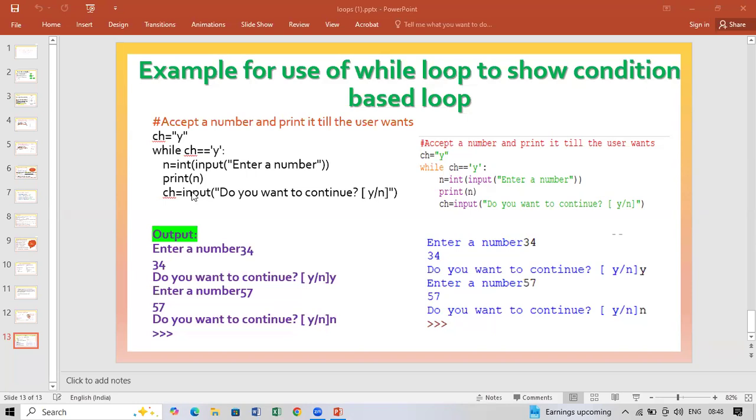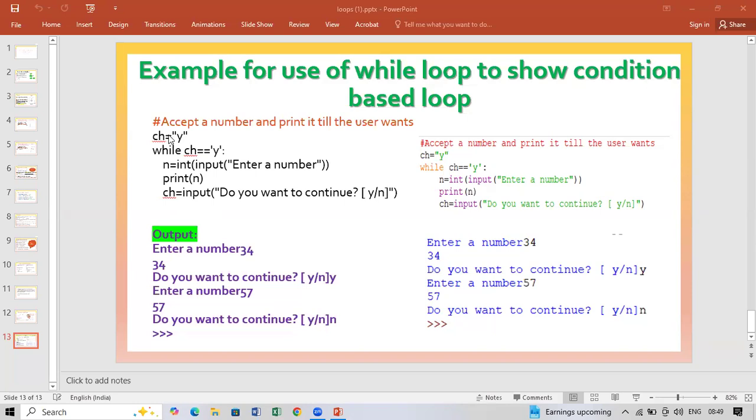Now, in this case, I have implemented this particular thing in a particular manner. There's one more mechanism which I'll show you separately as an implementation of while, which is very much used when we talk about मेन्यू बेस्ड प्रोग्राम्स, और वो हमें अल्टीमेटली प्रोजेक्ट वगैरह में चाहिए होता है, तो वो आना चाहिए।